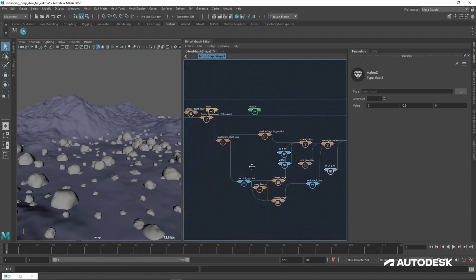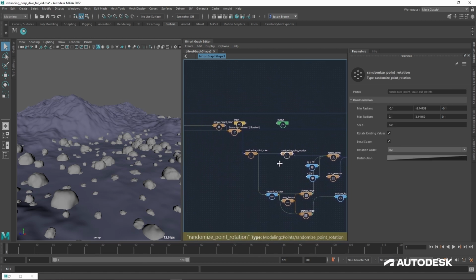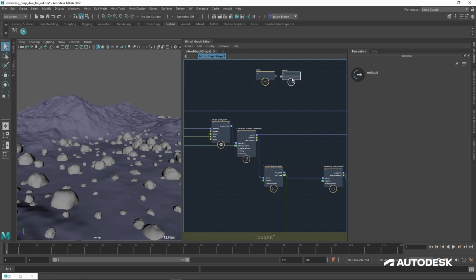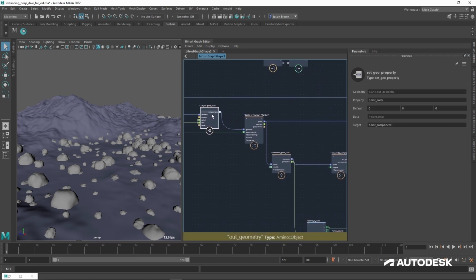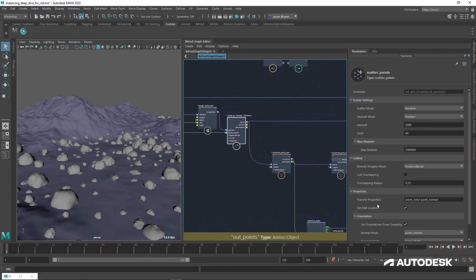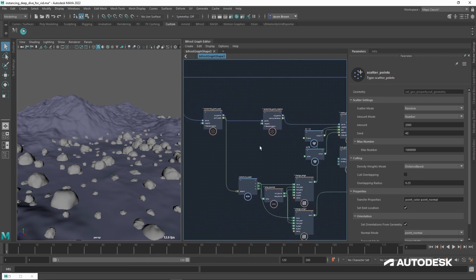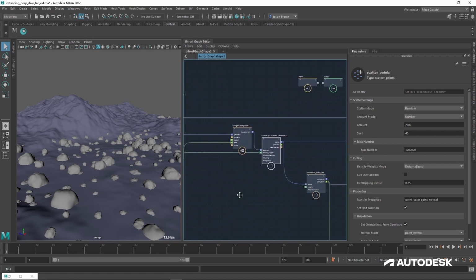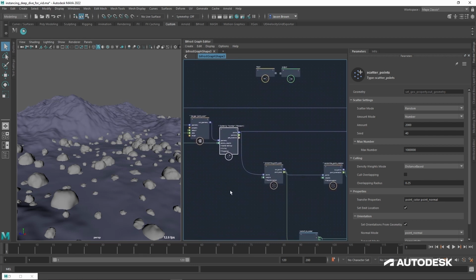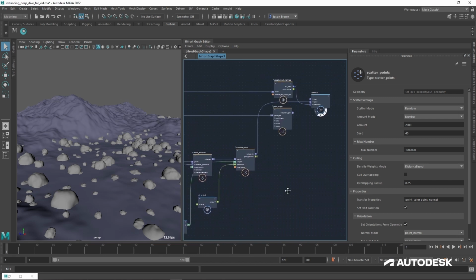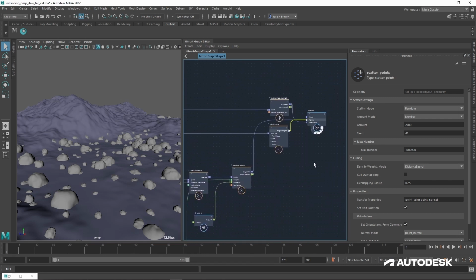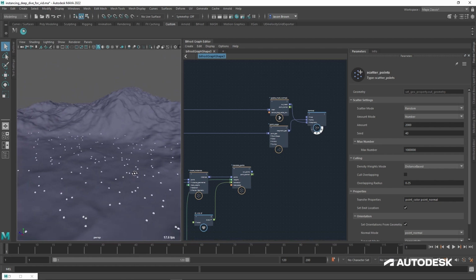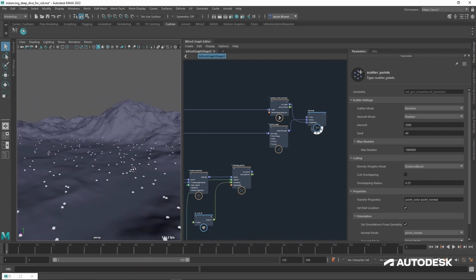So yeah, that's pretty much it. That's the example and a little bit of a deep dive into what you can do with the scatter points node, including transferring properties and then using those properties later on. And I mean, we're still transferring the point color from the height. I can transfer that point color onto those points as well. So we talked about, let's get rid of the instances for a little bit. There we go. It's a little harder to see at this stage of the game.